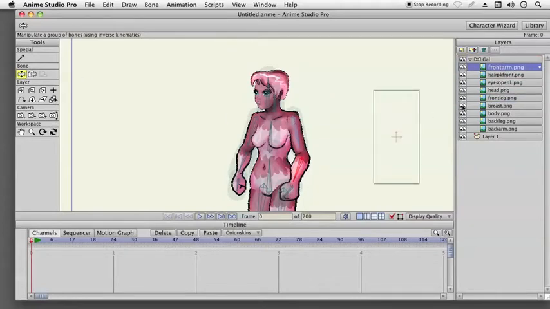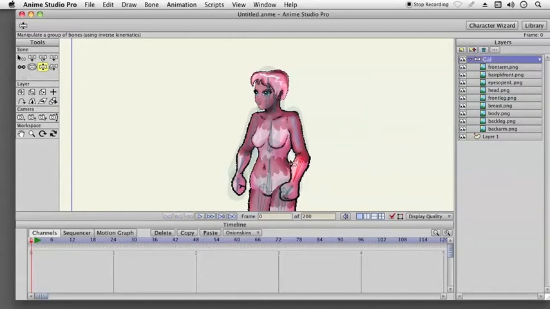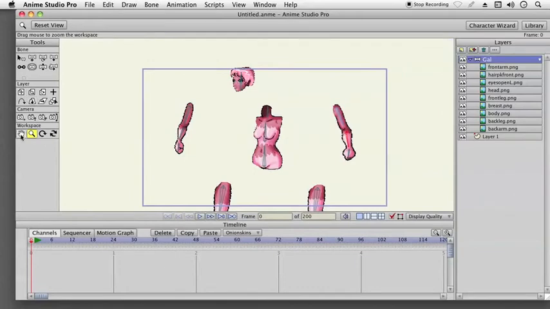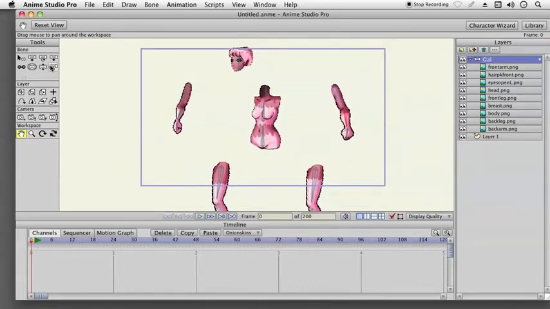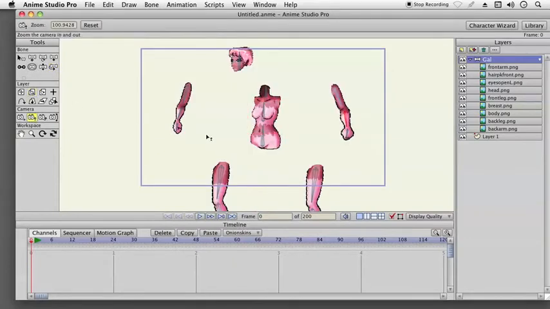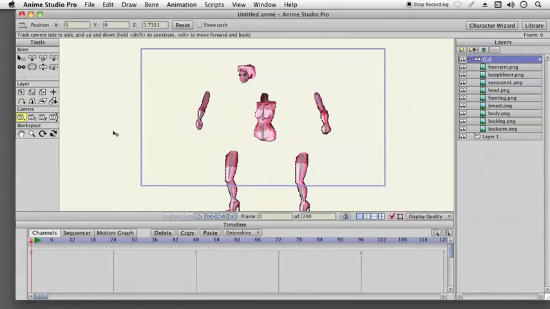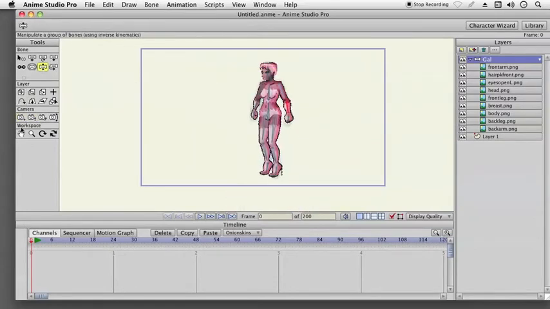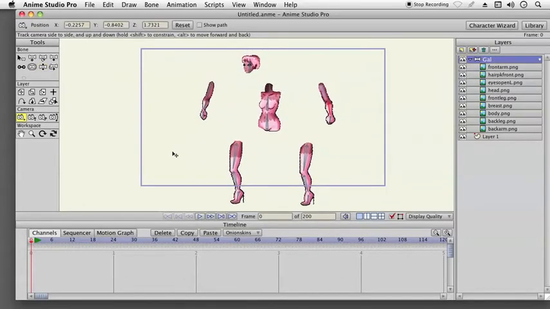So anyway, here's the character, and see how the hand was going behind the leg there, so we had to shift the order within that list, and you could do that anytime you want. A very flexible program you have to work with here. So if you want to do cell animation or something like that, you could get that look,